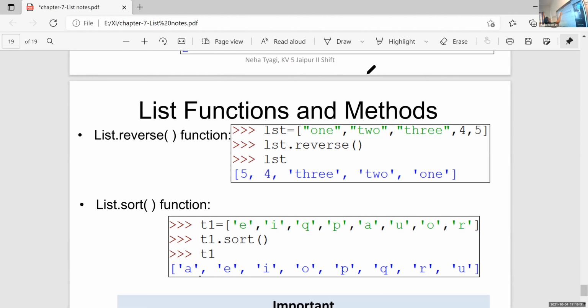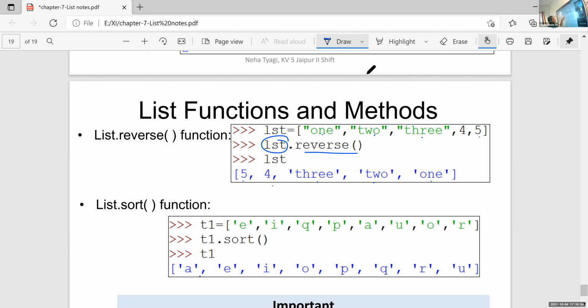So here, this is reverse. I'm using first, the values are 1, 2, 3, 4, 5. First dot reverse with an empty bracket means this reverse function will reverse this first. That means the last value becomes the first value, 5 here, then 4, 3, 2, 1. If you want to reverse the entire content of a list, use this reverse function.